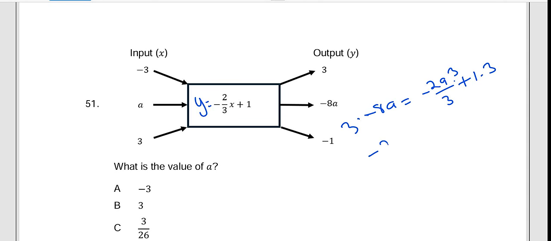This is going to give me -24A. This and this will cancel, leaving me 2A plus 3. -24A, I'll take this to the side. Plus 2A is going to be 3. -24A plus 2A is going to give me